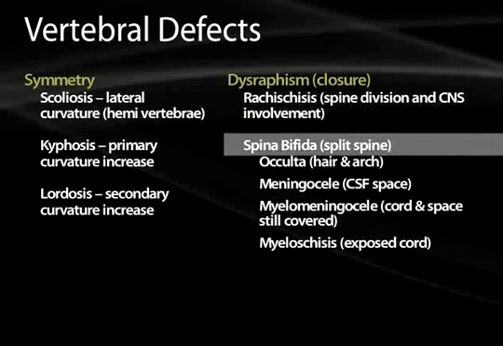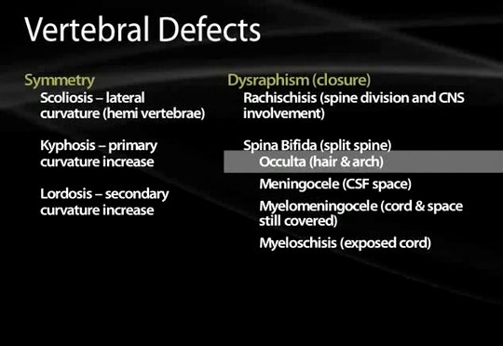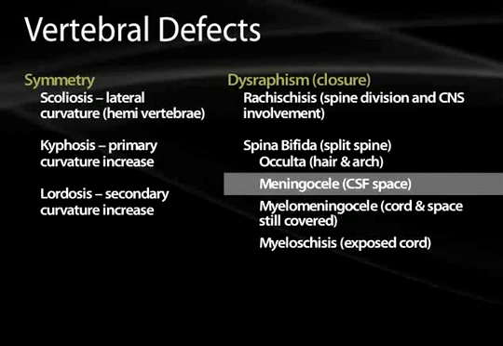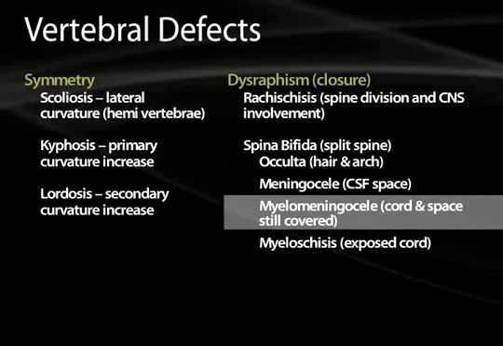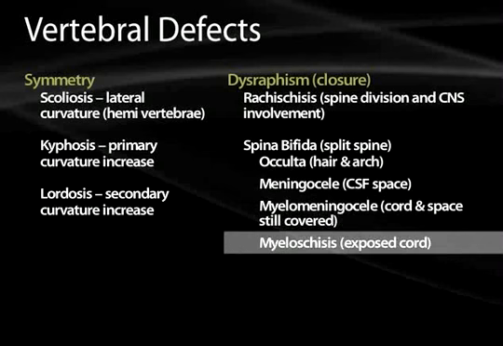We've talked about the spina bifida, which translates to mean split spine, with the occulta giving us the hair and the arch problems, but the overall general repairability of that. Then they start getting worse as the names get longer. The meningocele, which is an expansion of the CSF space in the theca. Then we have the myelomeningocele, which would be the inclusion of the cord outside of the vertebral canal, but still covered by a dura mater. And then the schisis, the myeloschisis, which is the worst of these, and that would have an exposed cord and